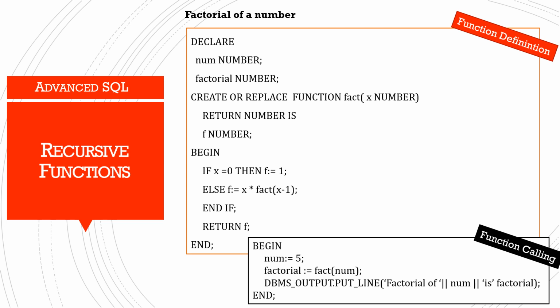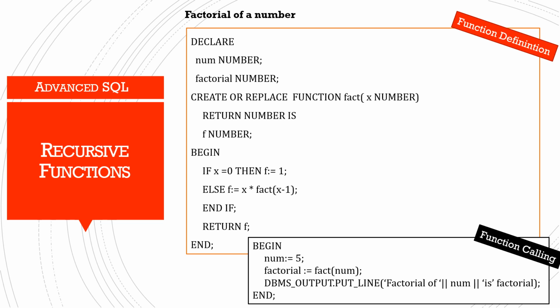How to find out the factorial of a number? If you want to find the factorial of 5, 5 factorial is equal to 5 into 4 factorial. Again 5 into 4 into 3 factorial. Again 5 into 4 into 3 into 2 factorial. Again 5 into 4 into 3 into 2 into 1 factorial. Right. Then 1 factorial means, again what to do? Again we have to perform this x minus 1. 5 into 4 into 3 into 2 into 1 into 0 factorial. If x is equal to 0, it will return 1. F is equal to 1.